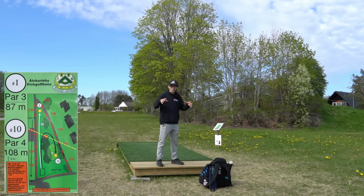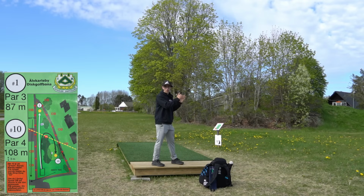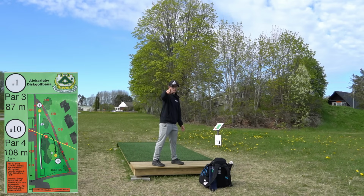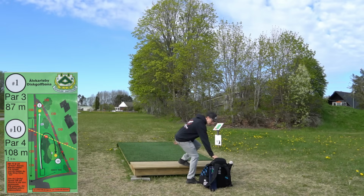But according to PDGA rules, can you just write on a sign that you have to go around the Mando and then you actually have to do it? Or is a Mando just a way to not throw over a certain line? That's my question. Answer in the comments, because I don't know. Because if that was the case...